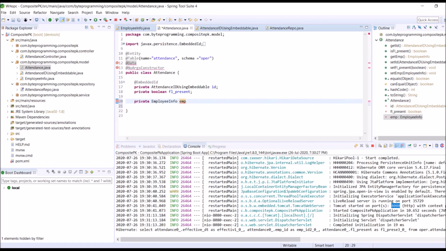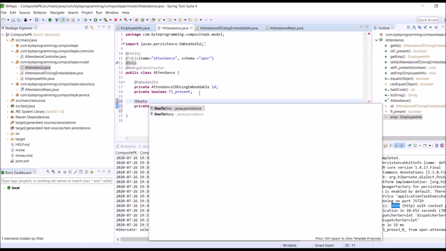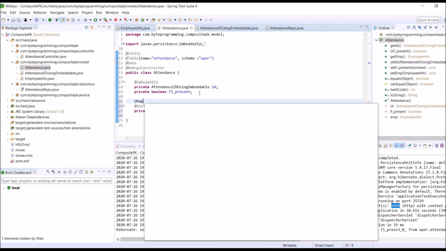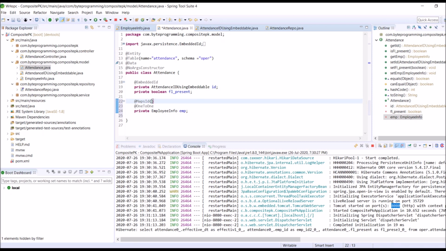Let's name the field as emp and put the @OneToOne annotation. Since this is the primary key of EmployeeInfo.java shared to Attendance.java, let's add @MapsId and put the column name going to be used as the map key. So let's add emp_id.